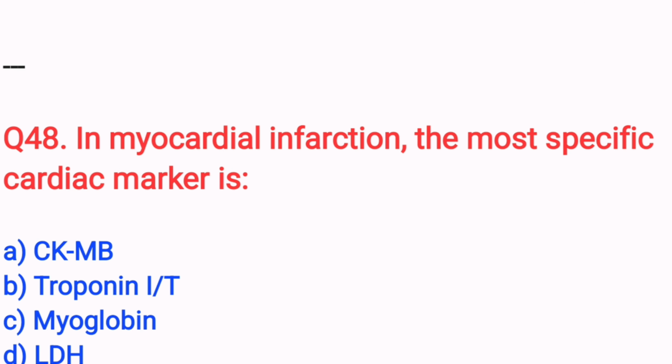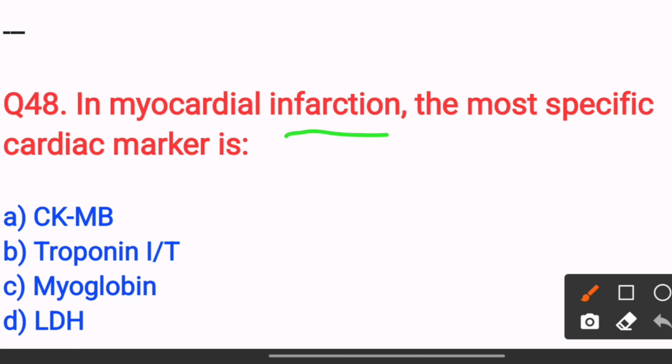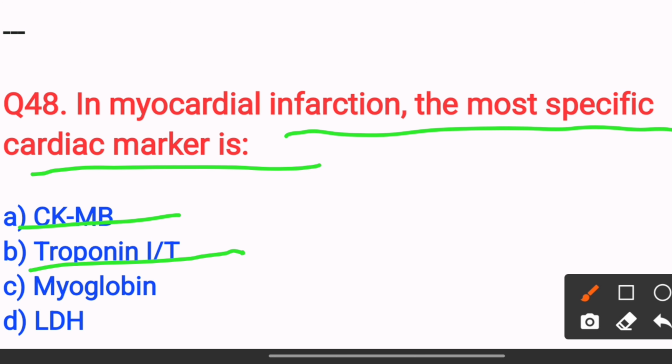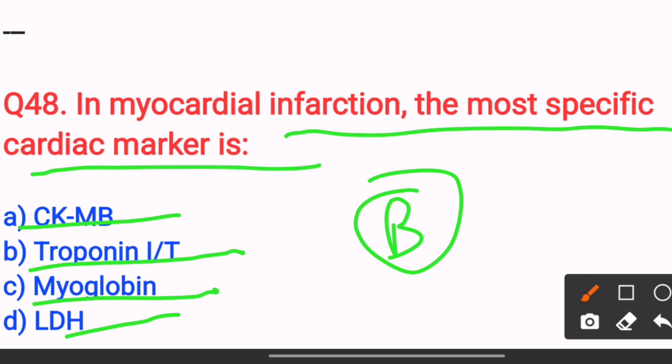Next, in myocardial infarction, the most specific cardiac marker is option A, CK-MB. Option B, troponin I or T. Option C, myoglobin. Option D, LDH. The answer is, as we already discussed before, troponin I or troponin T is the most specific biomarker for myocardial infarction. Next,